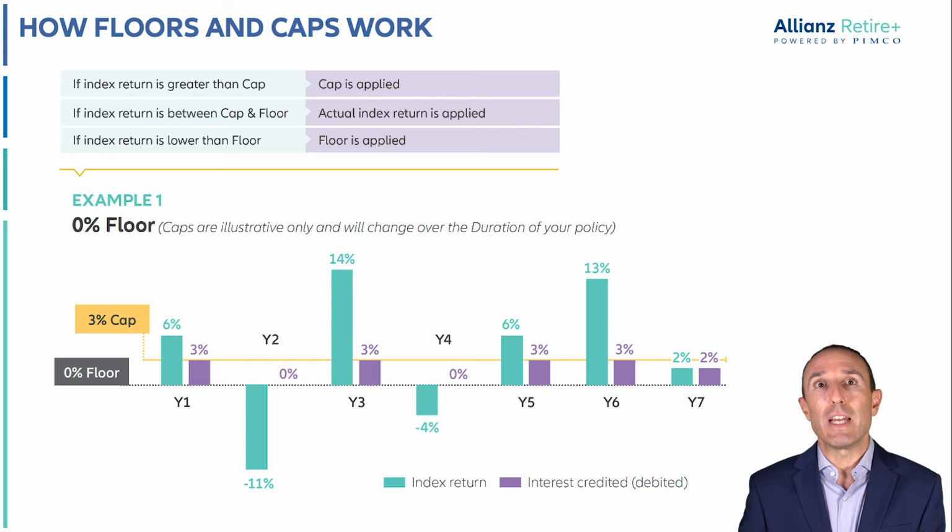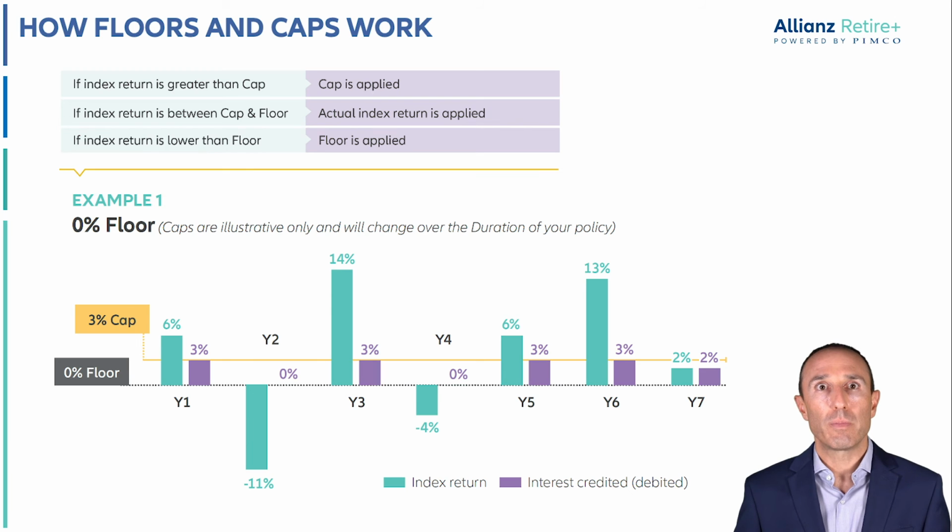In year 3, the index rebounds 14%. As our cap is 3%, our actual return will be capped at 3%. The investment interval continues for another 4 years before coming to an end. In the final year, the index returns 2%. Because this is between the floor of 0 and the cap of 3, the actual index return of 2% is